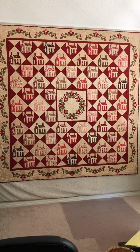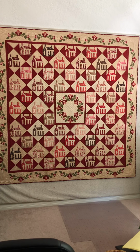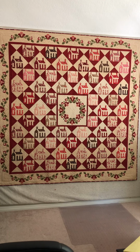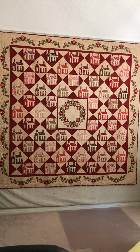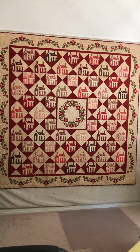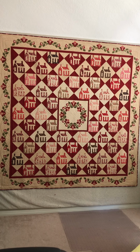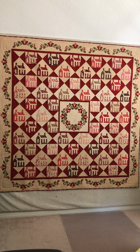Hello, this is Karen Lambden from the Greater San Antonio Quilt Guild, and I'm here to unveil our 2021 quilt show raffle quilt called Maison Rouge. The name Maison Rouge comes partly from the fabric line from Connecting Threads. Connecting Threads was so generous to donate all of this fabric for this quilt, even the backing and the